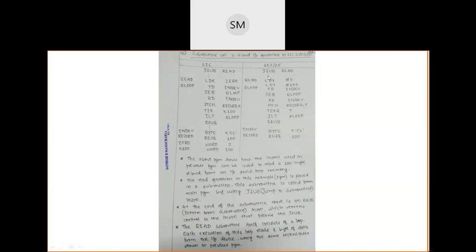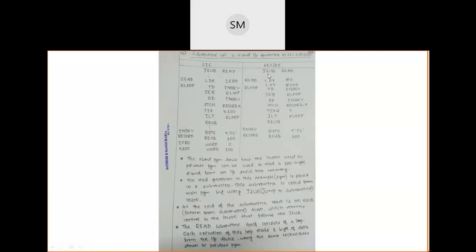Sir, how does it go back to that particular instruction? See, in the previous class I told you, when you execute a JSUB instruction, before jumping to the read subroutine, the program stores the return address in one particular register. That register is called L, the linkage register. So it stores that return address, so where to come back.